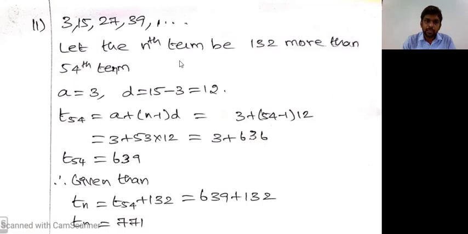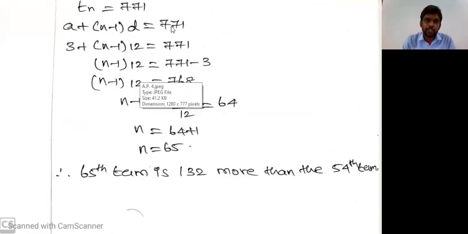Now we have found the 54th term. It is given that the nth term is 132 more than the 54th term. So Tn is equal to T54 plus 132. T54 is 639 plus 132, which is 771. So Tn is equal to 771. With this, we are asked to find the value of n. So Tn is equal to 771, which means A plus n minus 1 into D is equal to 771. Substituting the known values, A is equal to 3, n minus 1 keeping it as it is, D is equal to 12, is equal to